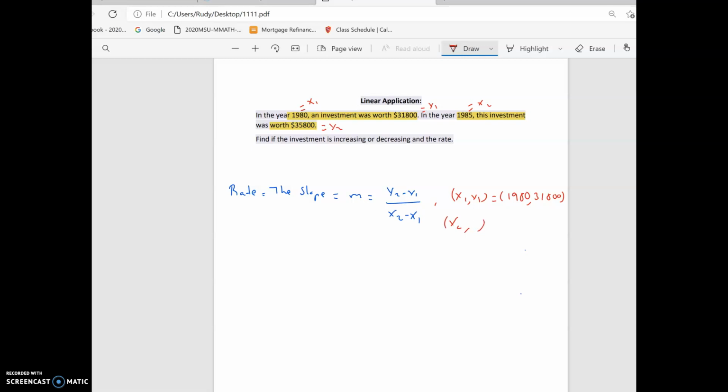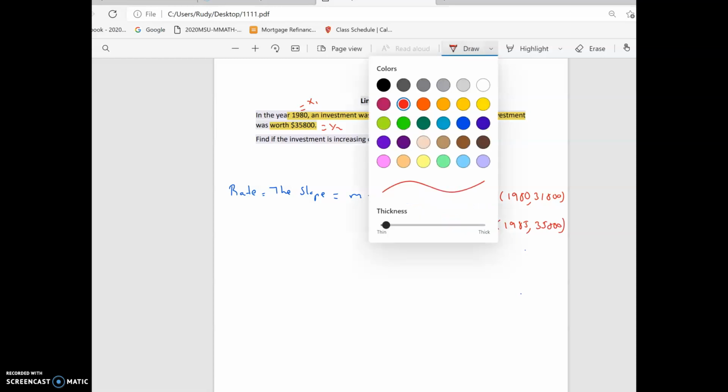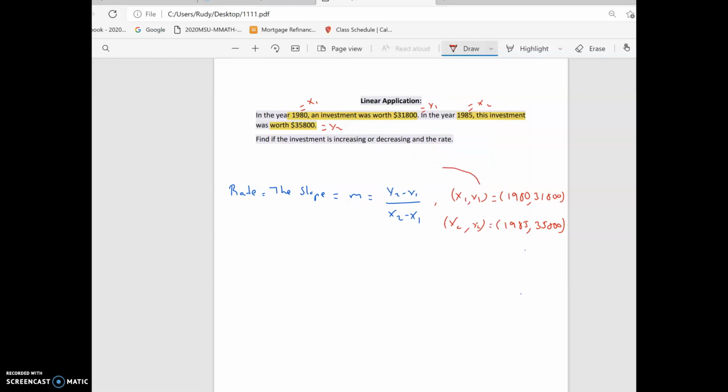And then your second coordinate point, let me rewrite this. It's going to represent your 1985 and then the 35,800. So we're going to be plugging that into the actual slope formula